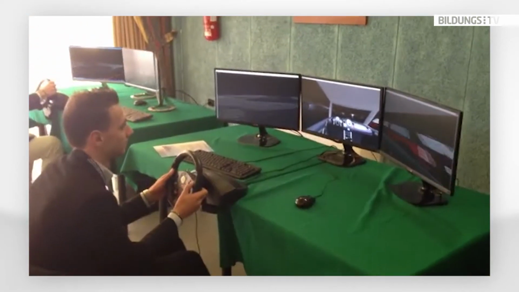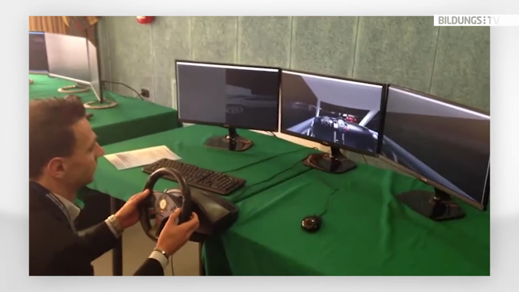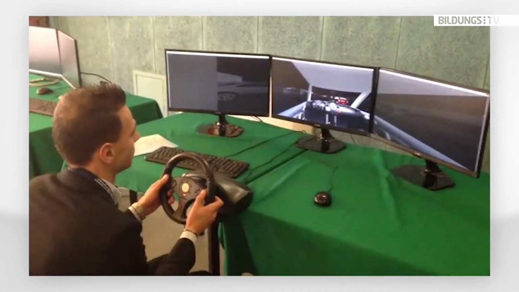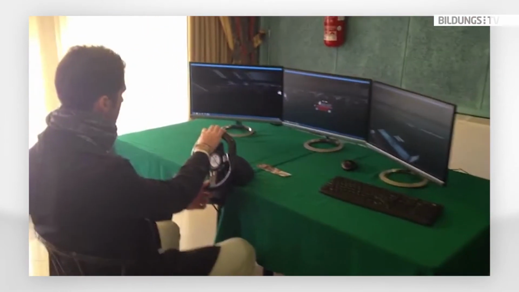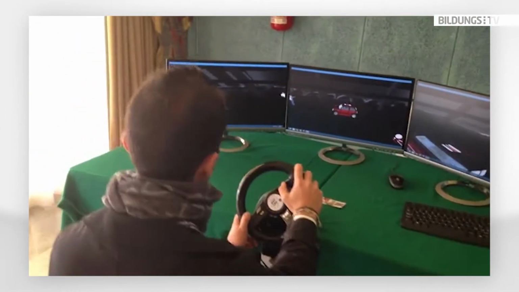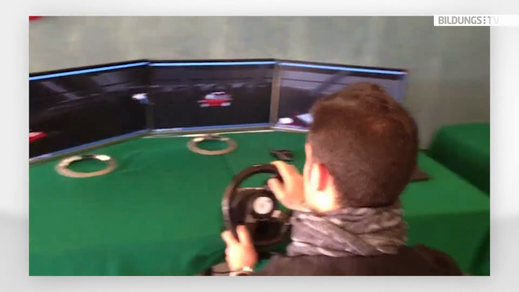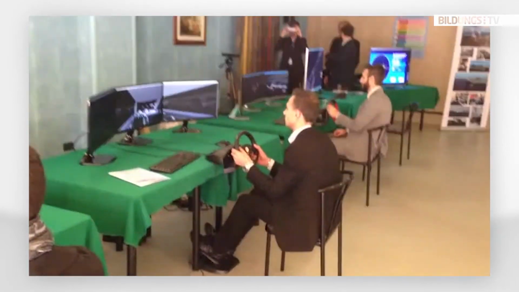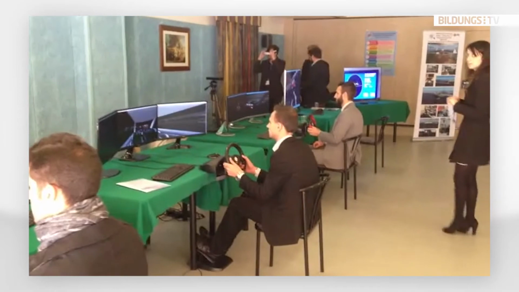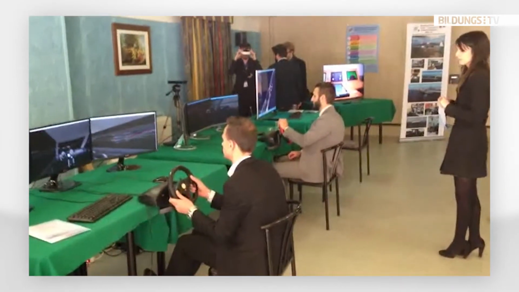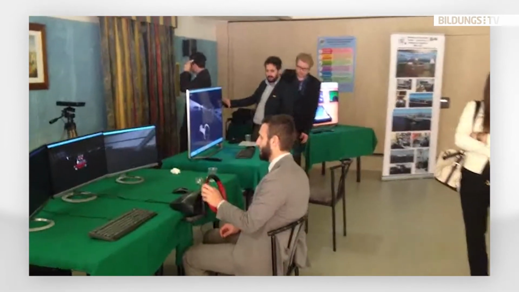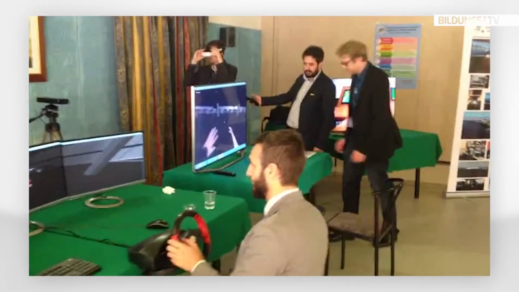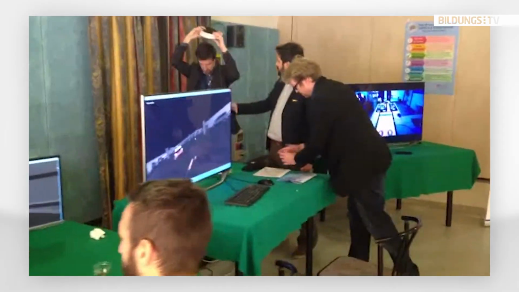Even in this case, the hardware integration is very simple. We are using game controllers, so some pedals and wheels. According to the needs of the user, you can use something very simple, game controllers, or you can use something more complex, like a real car cockpit, for instance. So this is another example. Let me go a little bit ahead. This demonstration was done during a conference in Italy.